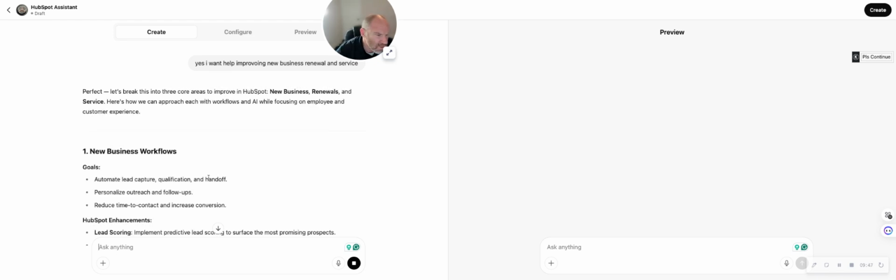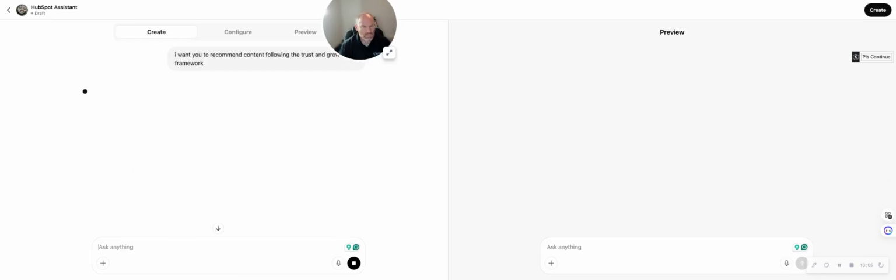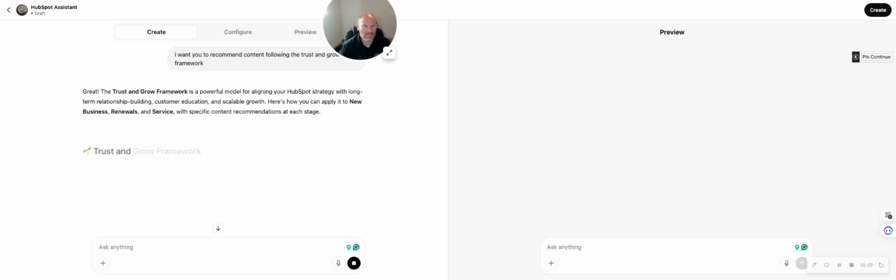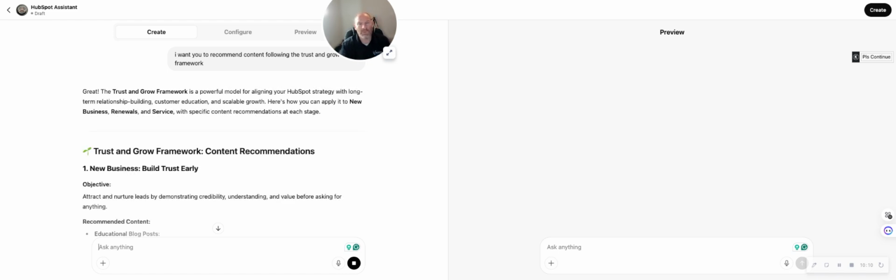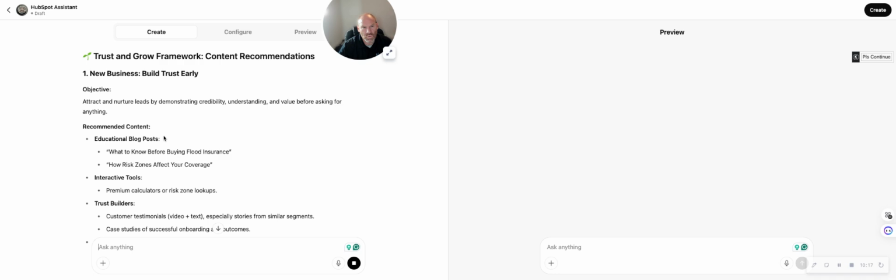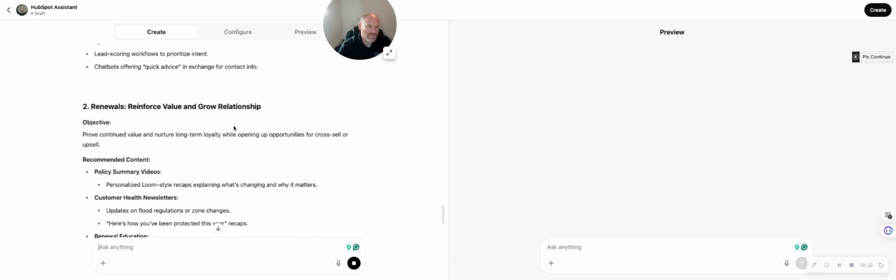So now we're focused on new business. Trust and Grow framework is a framework that our marketing agency actually built. And so as it goes through and it follows all these different things, whether you're a StoryBrand, They Ask You Answer, and some other strategies as well. And as we go through this,